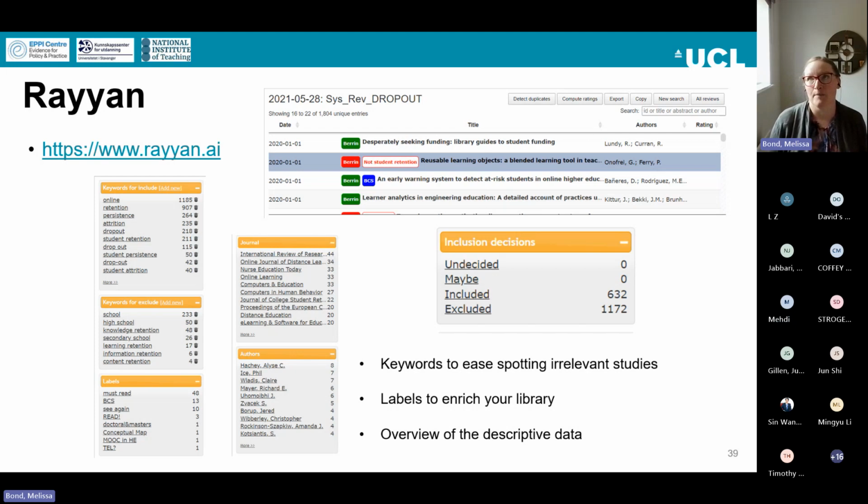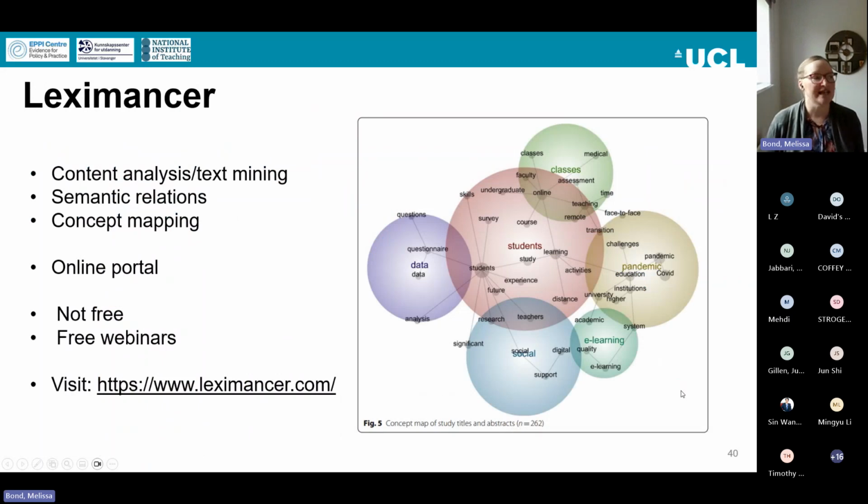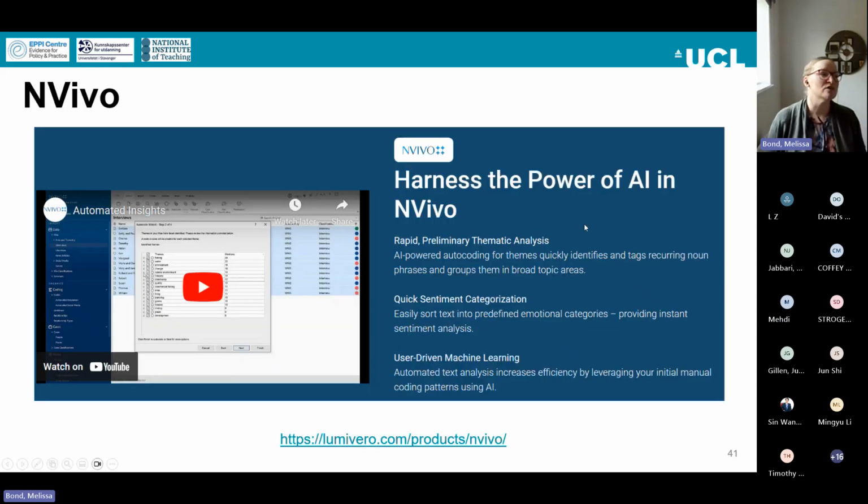It's fantastic for postgraduate students who perhaps don't have research funding of their own to be able to have an accessible tool that they can use. It allows you to label your data, very similar in a way to the way NVivo works if you've used that or any other qualitative synthesis software. I've mentioned Leximancer. Again, it's not free. There is a free trial you can use though, so that's really good. And they have free webinars. And there's also, of course, NVivo, but that is expensive. So hopefully your institution has access to that. I don't use that personally. I always use EpiReviewer to be able to code my themes and my concepts.